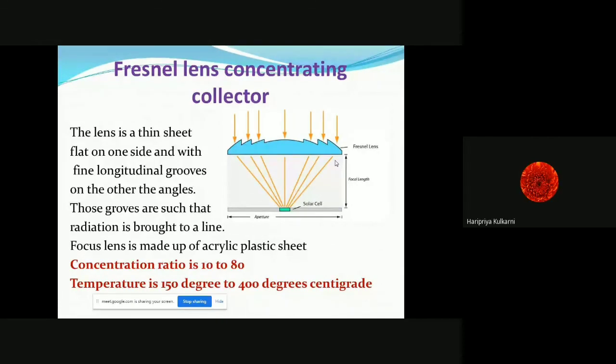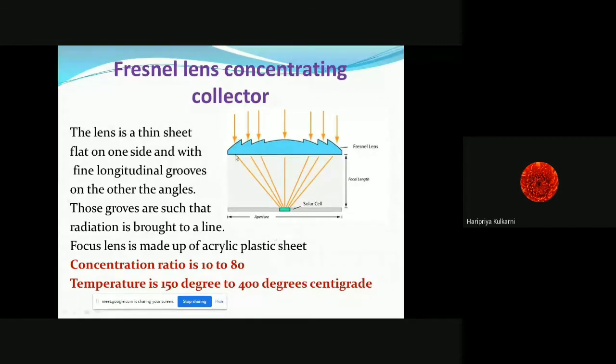Okay. Now next one is the Fresnel lens concentrating collector. So I introduced it initially also, I have shown one diagram of Fresnel. So the speciality of the Fresnel is, see, one side is flat and the other one has a specific angle. This is called a Fresnel lens. So purposely these angles are made so that whatever solar radiations are falling on it, it will be focused at a single point. So the structure looks like a prism.